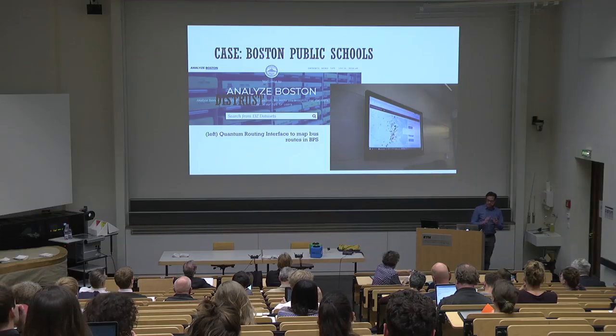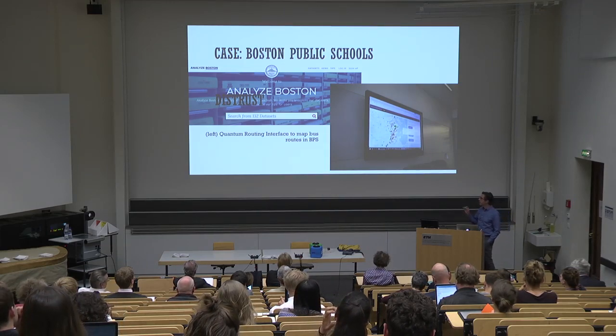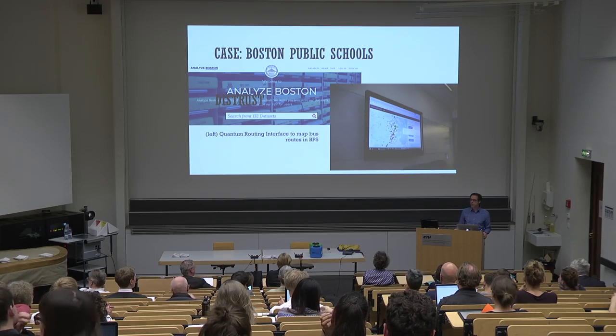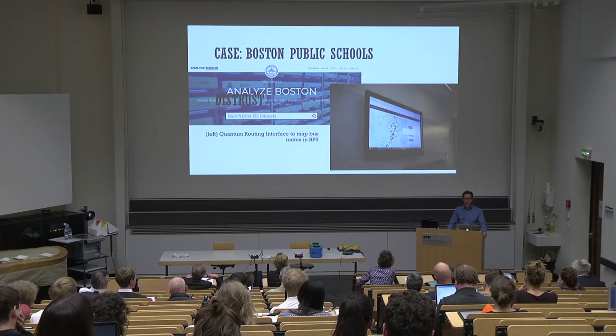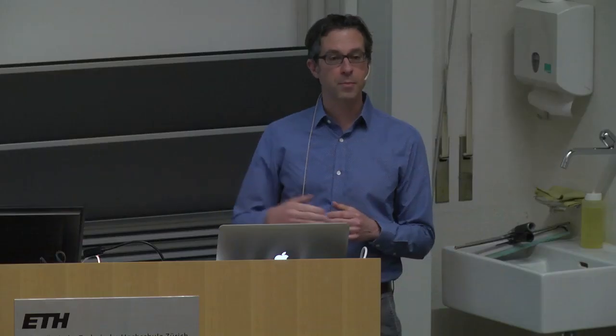So I want to start with one example from the city of Boston. This is an example that involved the public school system in the city of Boston, where the problem was fairly simple in that the city wanted to change the start times of all of the schools in Boston, starting with the high schools. At the high school level, the city's public schools started very, very early, about 7:15 in the morning. And there was a sense, and there's lots of research to back this up, that teenagers don't do well in the morning. And so there was a desire to push those start times back to at least after